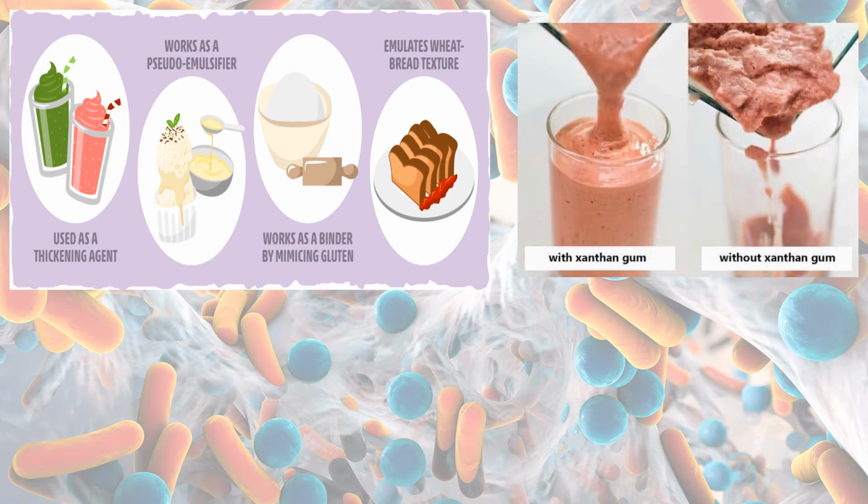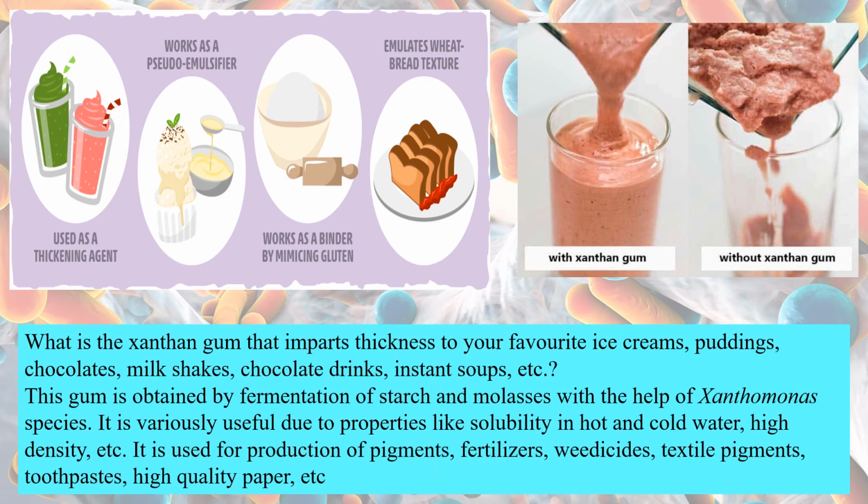Now, if you see in this picture, there are two different shakes, right? One is the shake which you get in the market, and the other is when you try to make it at home. Now there is a difference between the two. And why is it? Because there is a special kind of thing which is added to the products that are made outside, like the milkshakes or the ice cream that I was talking about. All these things have a thing called xanthan gum.